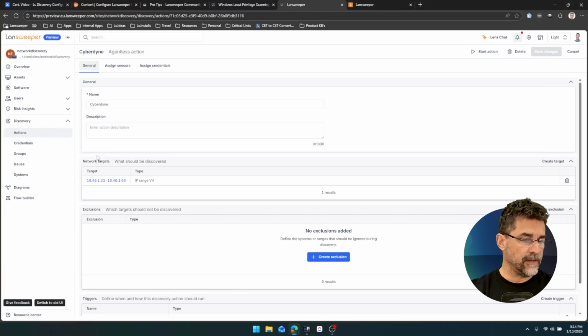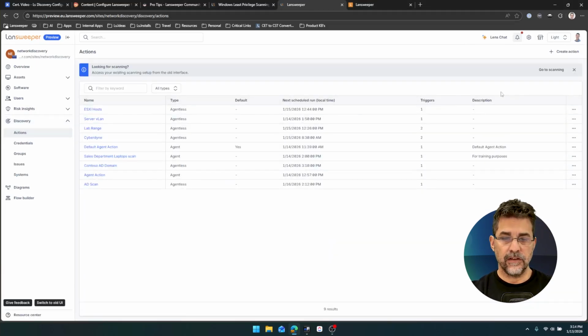We can create some more discovery actions. We can look at Active Directory discovery actions like we talked about. You can also do cloud-based discovery actions. So let's take a look at some cloud discovery actions real briefly and see some new things we can learn about that. Back here now in my configuration, my discovery actions, I'm going to select a new scanning